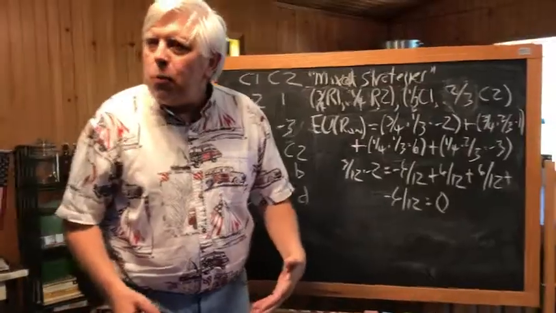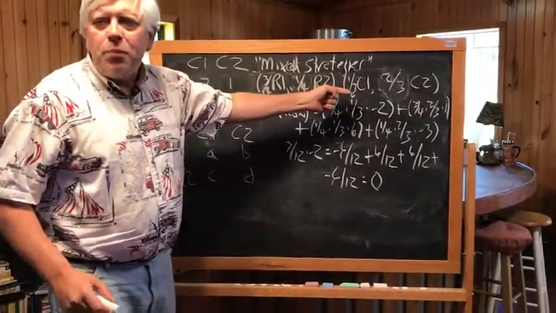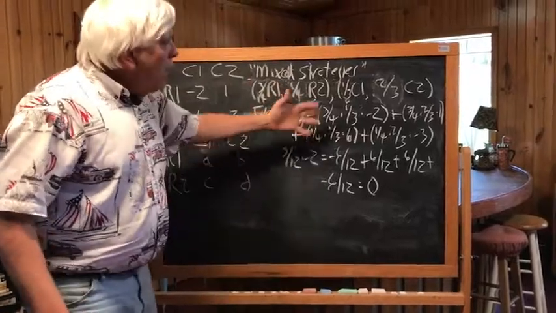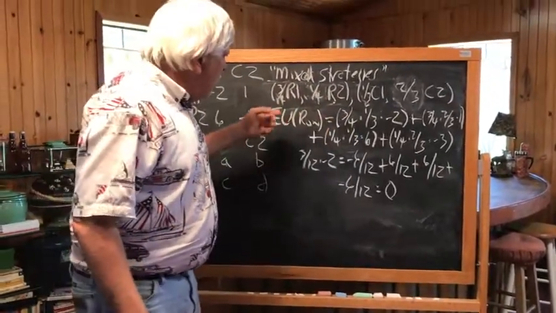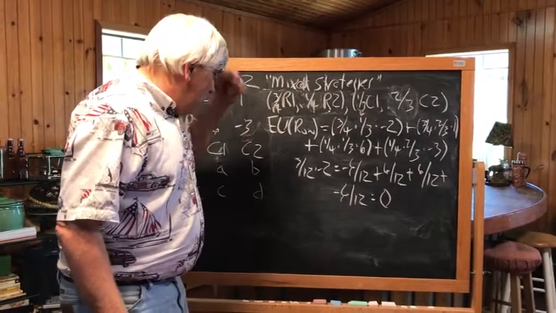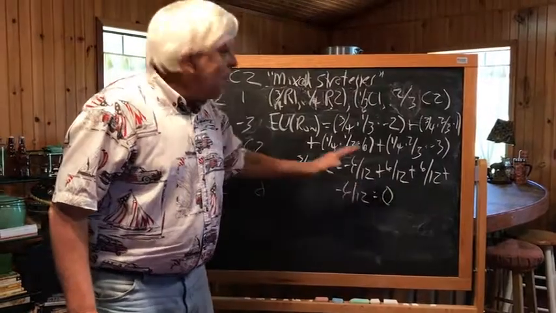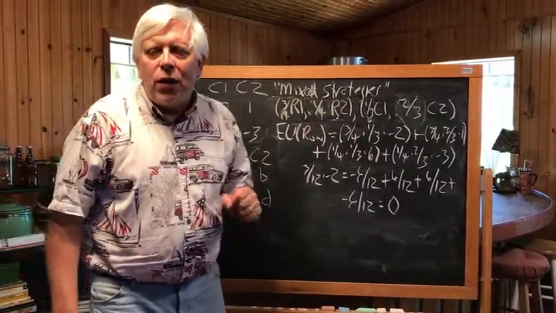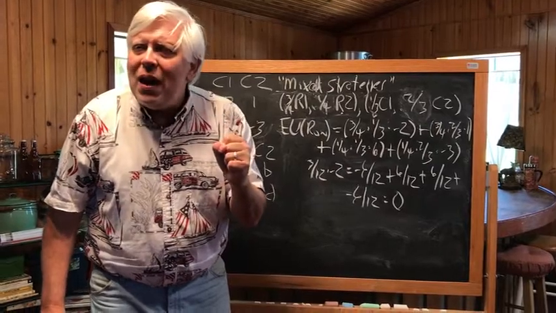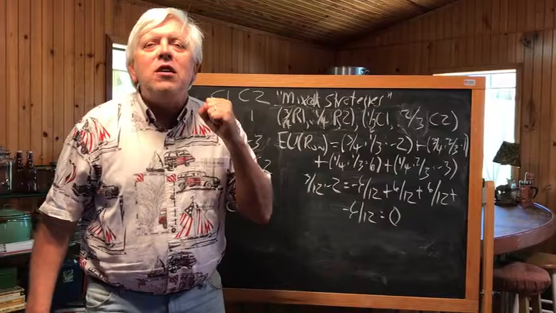So if both of these players play their part of this mixed strategy, they can end up with a security level of an expected utility of 0. That is, they can expect over many plays playing these strategies to wind up breaking even. And any other choice they make, any other choice Rho makes or any other choice Column makes, can be exploited